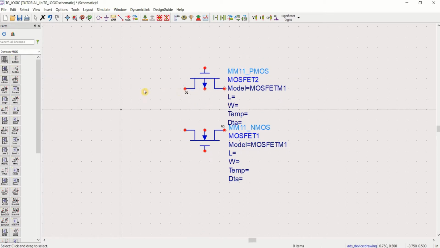So that the source of PMOS acts as an input and the source of NMOS acts as an output. Connect these two. Source of PMOS connected with drain of NMOS. Similarly, drain of PMOS is connected to source of NMOS. You need to connect the substrate or bulk always connected to source.